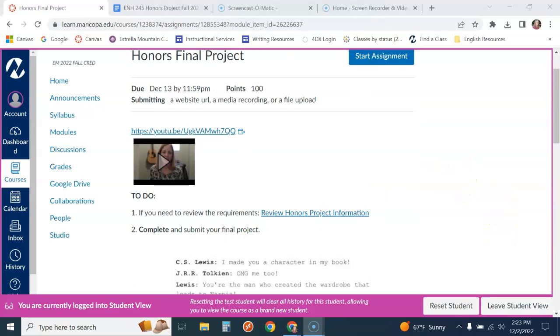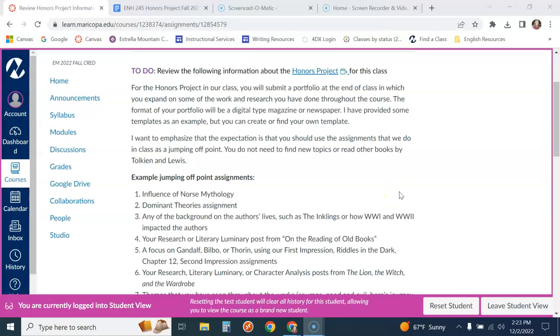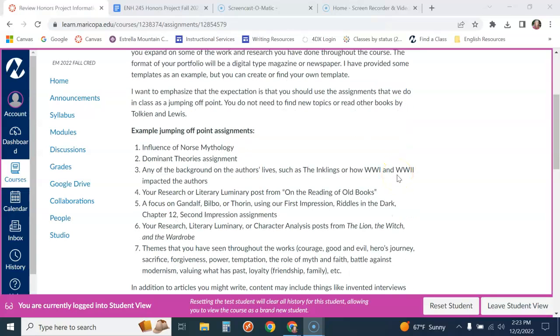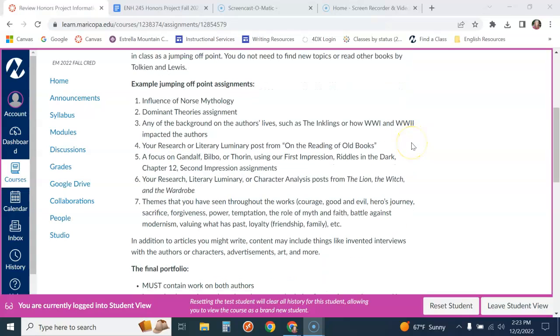Let's take a minute and look in more detail about some of the information and the components. So as I mentioned, I don't want you to have to go out and read something completely new, another novel, or the whole Lord of the Rings series or anything like that. We want to use what you've already done in class. So if you had a discussion post where you started talking about something, go back and ask what else can you do with that? How can you turn that into an article, a little bit more information about those ideas that you had from that discussion post paragraph.